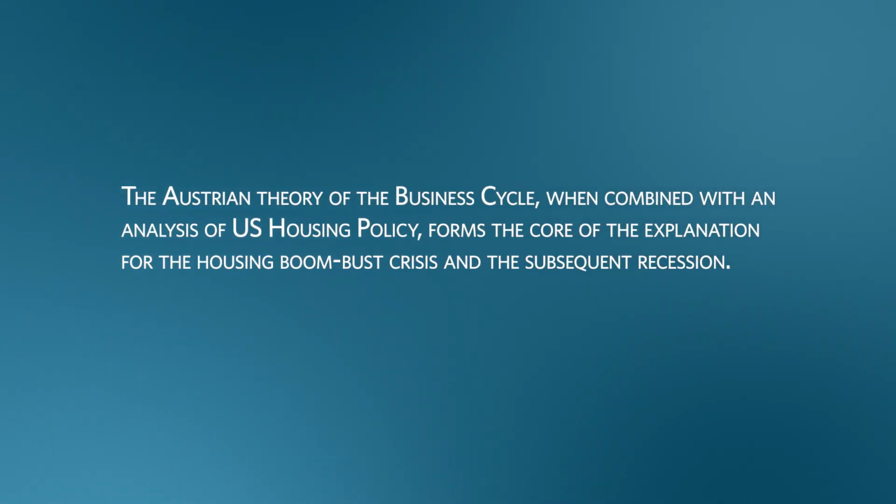One of the reasons that Austrian economics has seen increasing attention from intellectuals since 2007 is its relevance for understanding the housing boom and bust and subsequent recession. Specifically, the Austrian theory of the business cycle forms the core of that explanation. When the Austrian theory of the cycle is combined with an analysis of U.S. housing policy during the decade or two leading up to the housing crash, it provides a powerful explanation of what